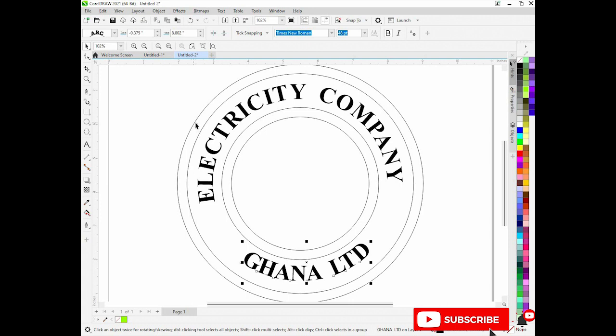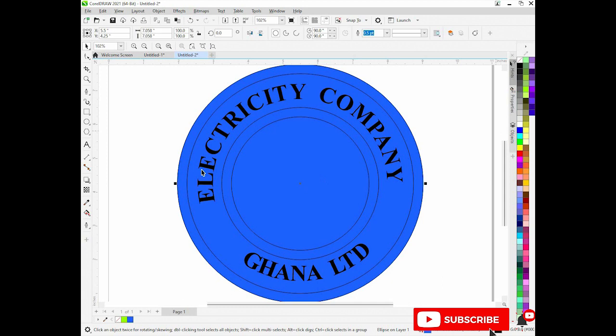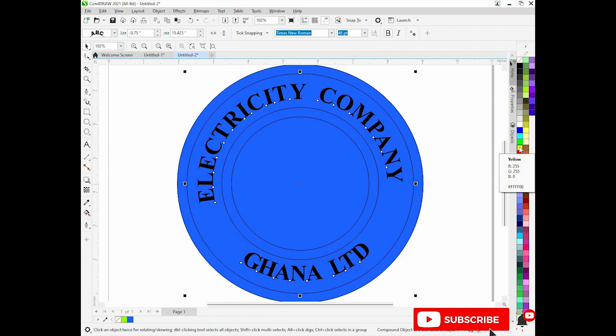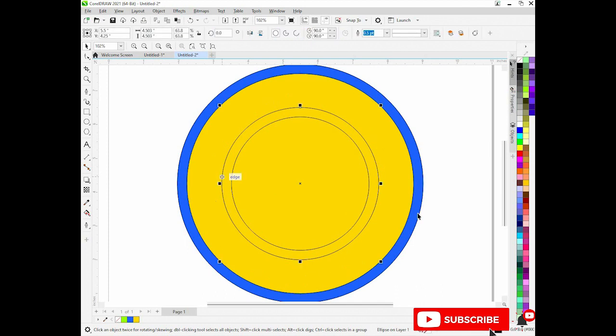So what I'll do is I'll click this side, the first circle. I think the color should be something like blue, something like this, and then the second one should be yellow. I think I'll go for a deeper yellow like this. Don't worry about this. Click, and then now before that,